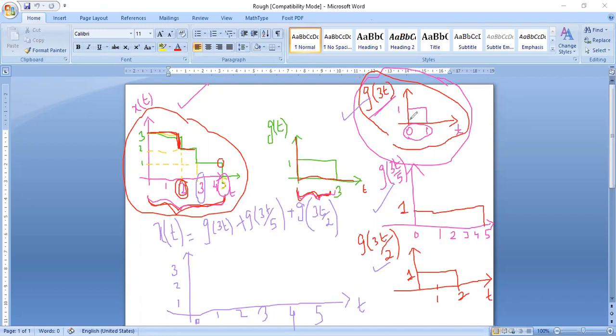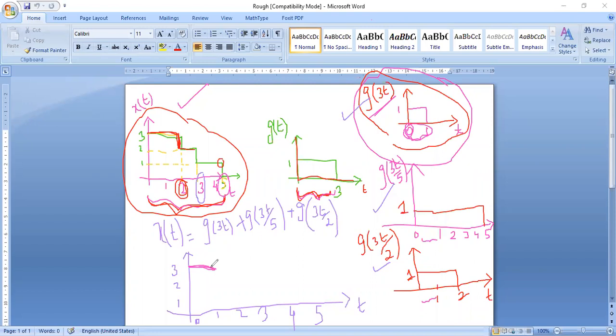You know how to perform the operations. So I want you to just see, between 0 and 1, in all the three diagrams, how much is the amplitude? It is 1. In all the three diagrams you have separately 1, right? So if you add all the three ones, what is the amplitude? The amplitude is 3. Okay, so I have done up to 0 to 1, and the amplitude is 3.